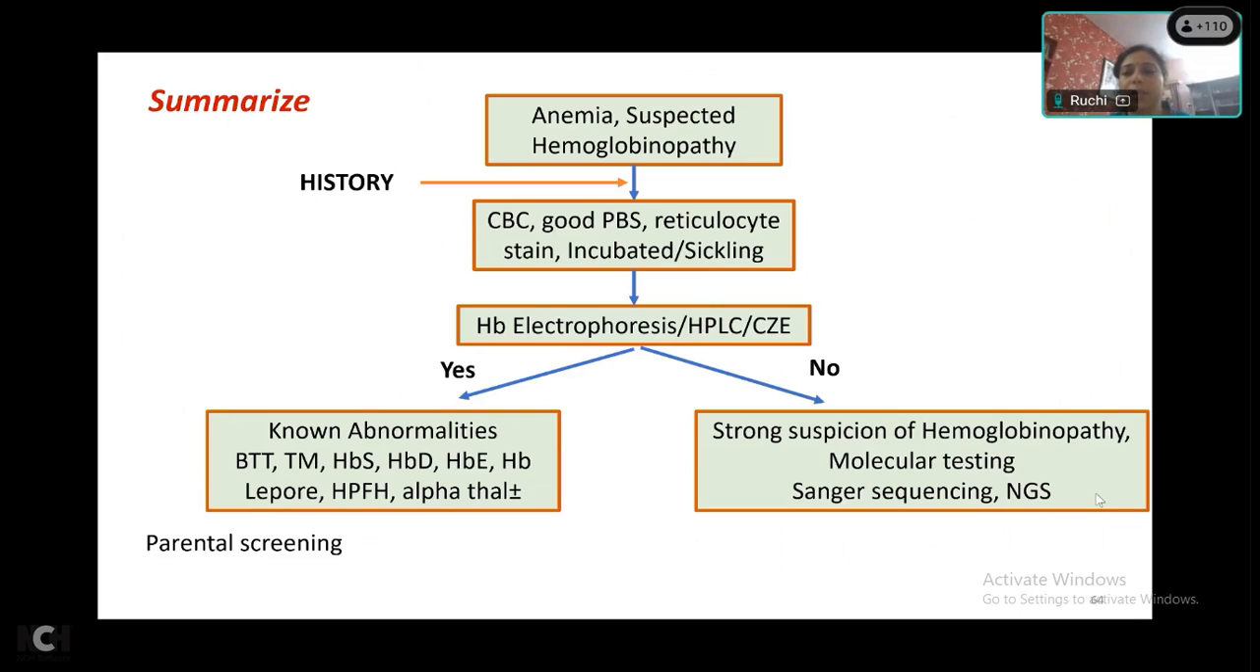That is the last slide, I think. That is the last slide. Okay. So